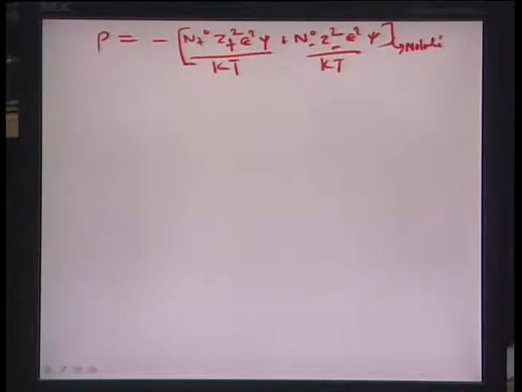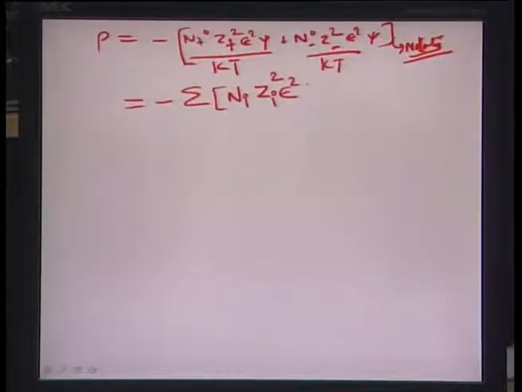Okay. So, what I am doing now is really not from the standpoint of algebra, but from the standpoint of notation, and the idea is that if this notation is continued just for convenience sake throughout the equations, and we do understand what it means at the end of the day, then we are very clear about what has to be done. So, I would say that this thing be represented by sigma n i Zi square epsilon square phi by kt,